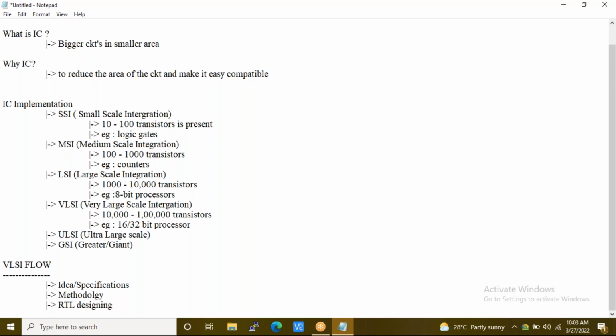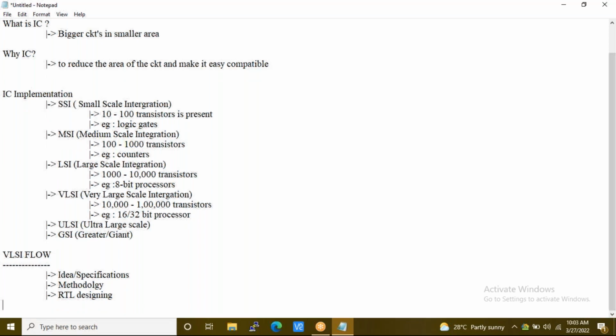Okay, the next part is RTL designing. That is writing out a behavioral code. So I have written out a behavioral code, and I need to verify it.